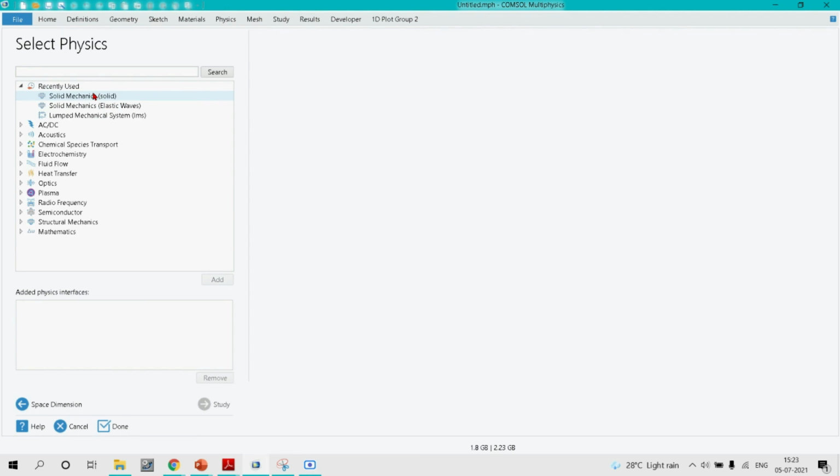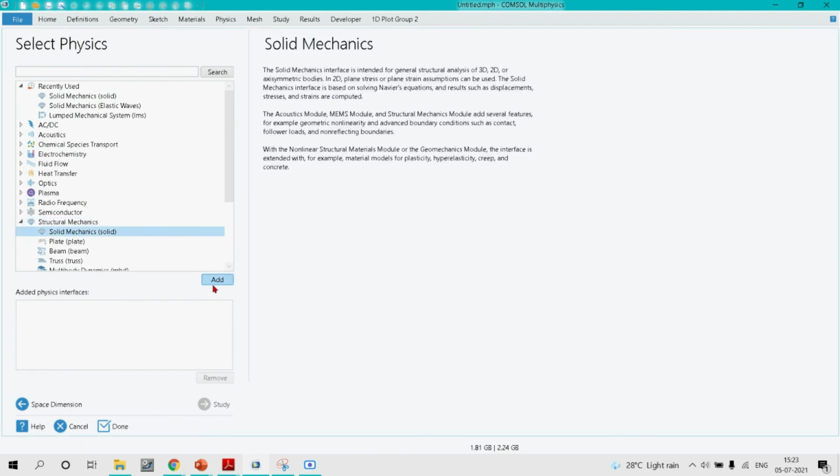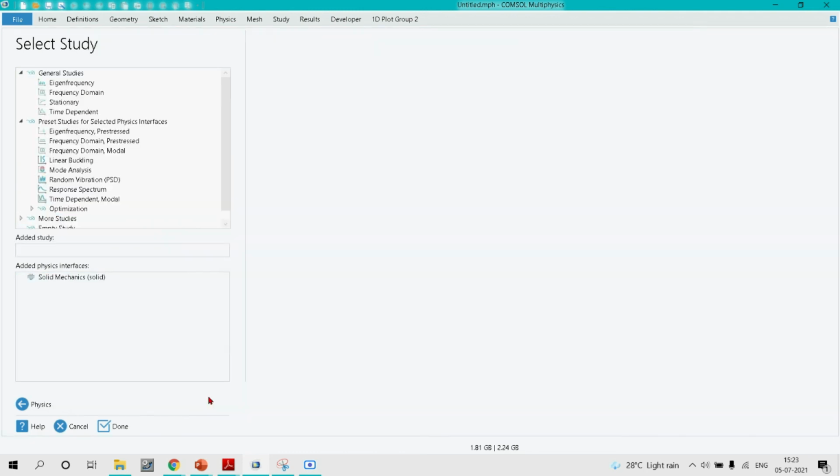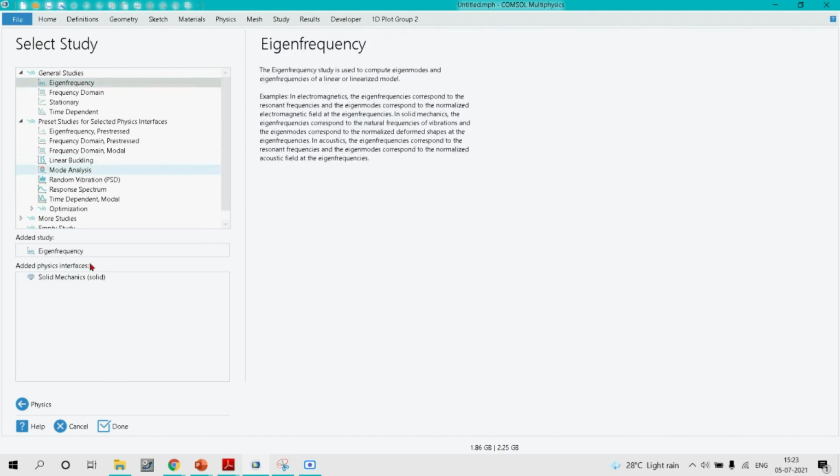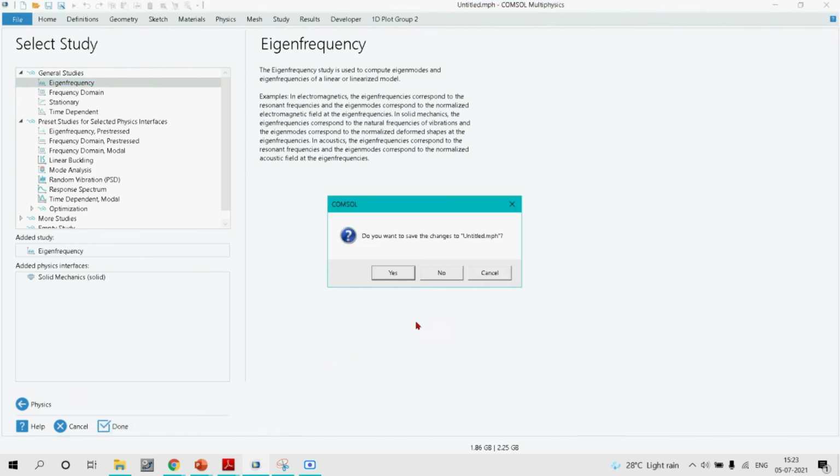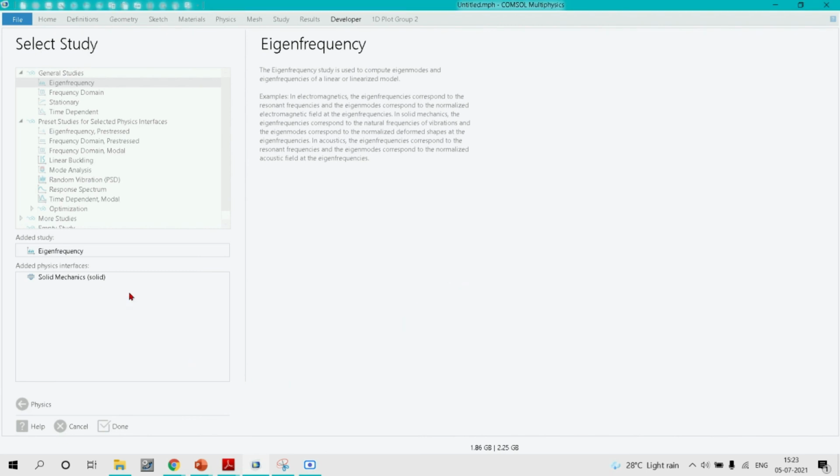So after selecting the 2D space, we need to select the type of physics, and the physics type we will be using is solid mechanics. Add it and go on. Further, in select studies, we have to select the eigenfrequency and done. We will save it afterwards and continue.